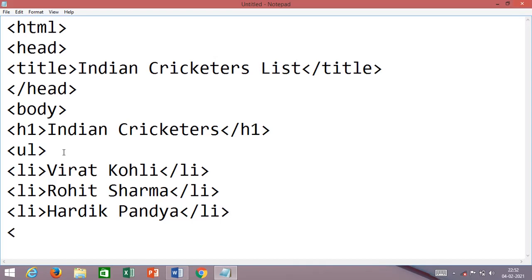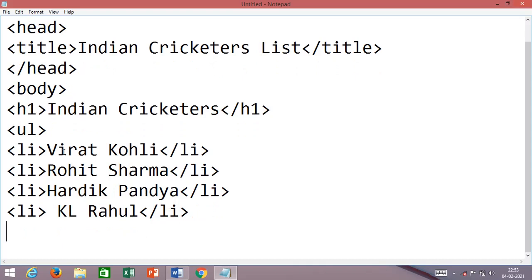You can keep on adding to this list. Whatever names you want to add, just go on writing the names. KL Rahul, li, line closed.